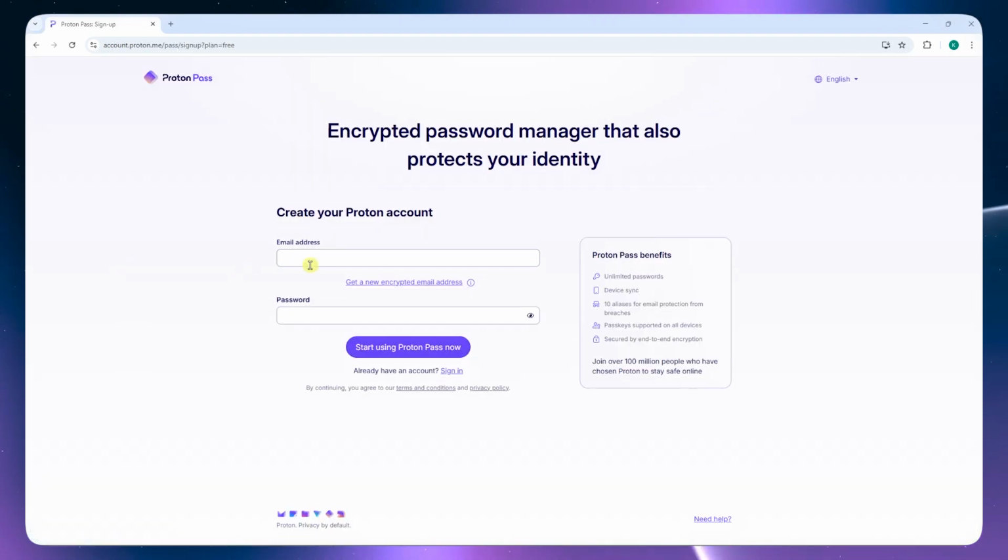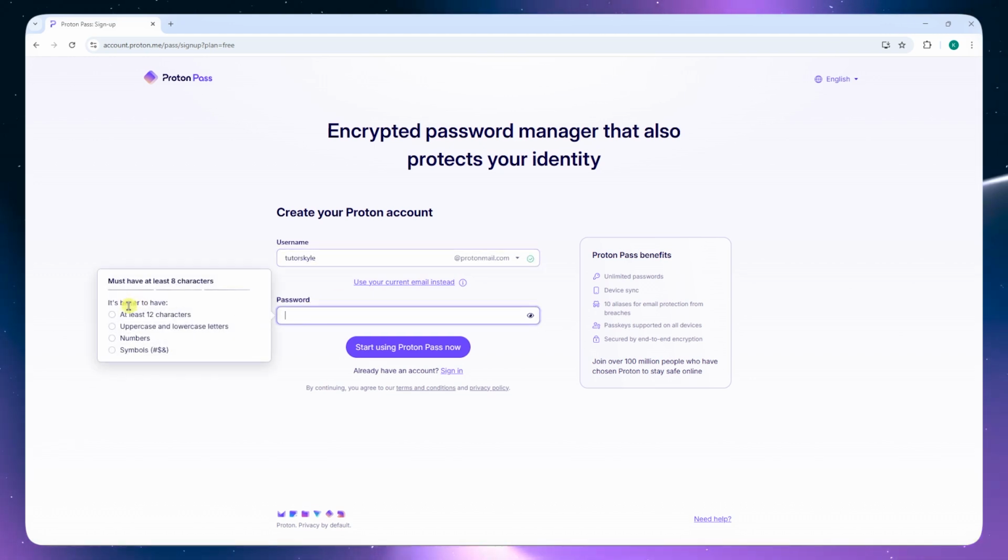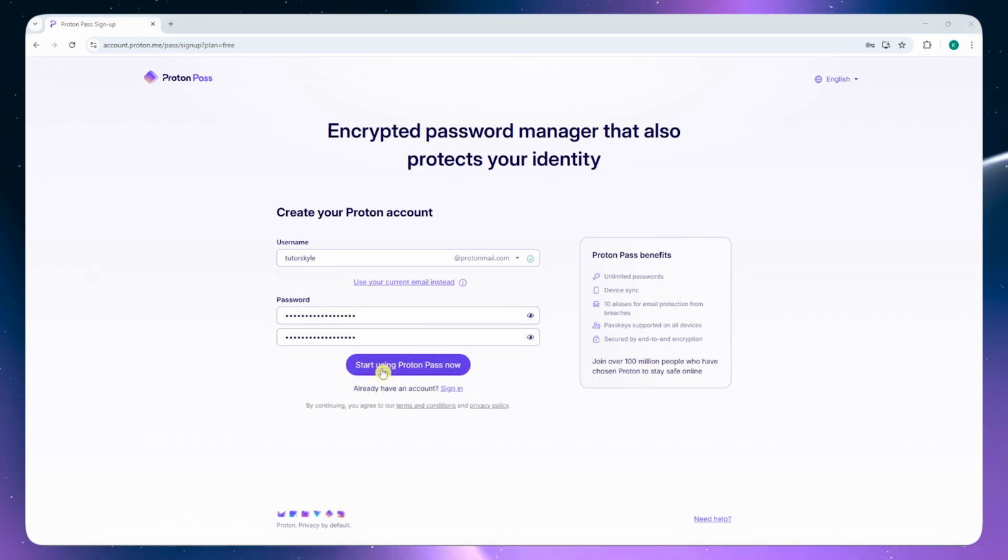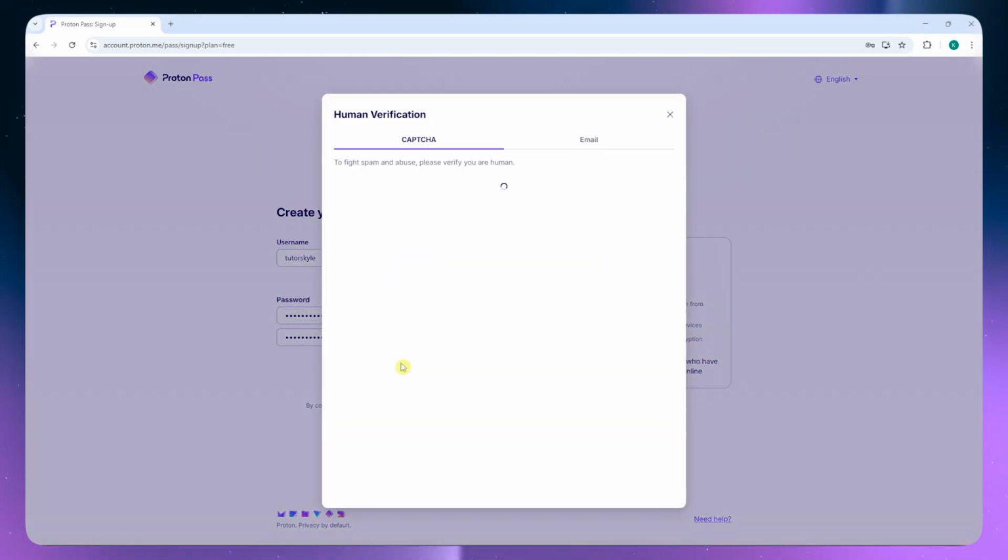Now, we would need to provide our email address. You could also go for an encrypted email address where you could get an encrypted Proton address, which you could use on all Proton services. So I can just go for this option, and then it would be just like this one at proton.me, or you could go for at protonmail.com. So I'm going to go for this one. I'm just going to go for Tutors Kyle. And now for the password, make sure that you meet all of these criteria. And now that I have typed my password, I'm going to click here on Start using Proton Pass now